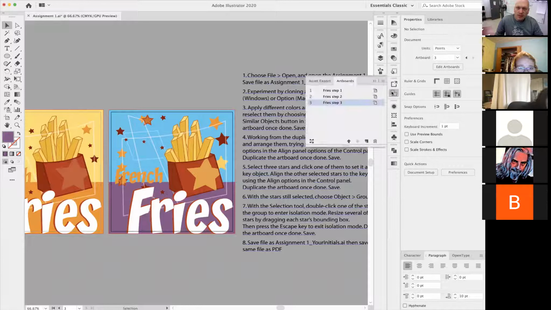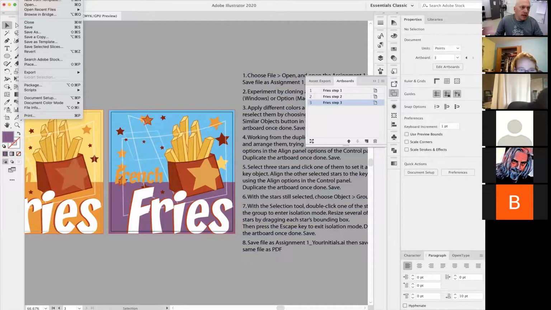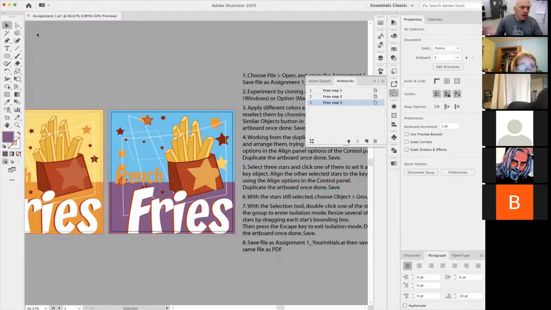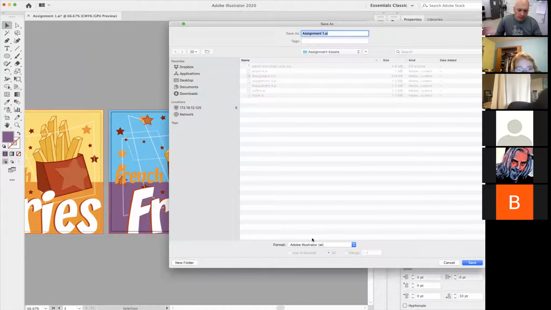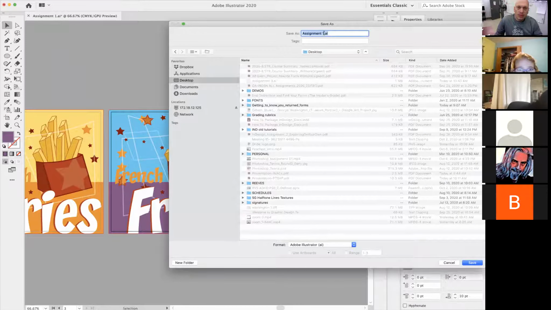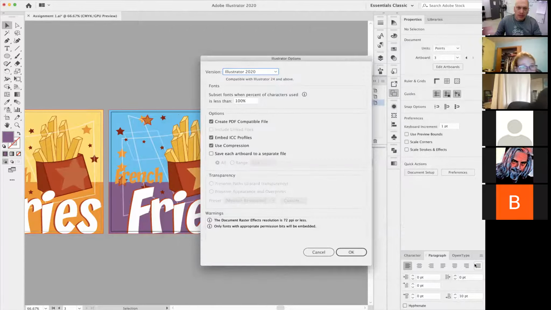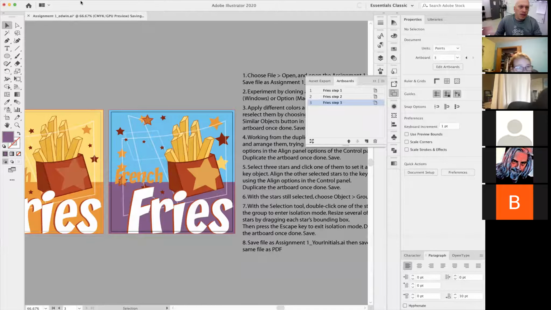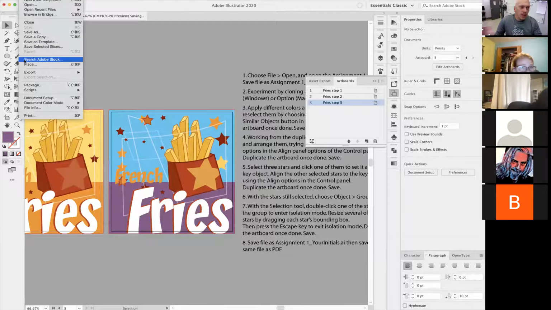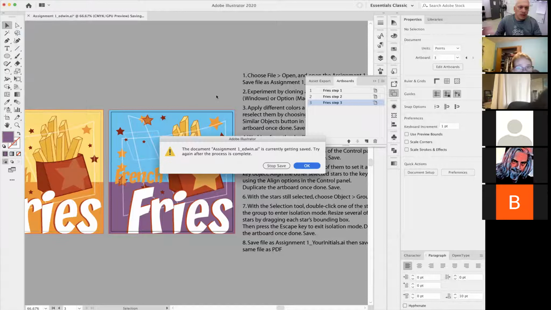Once you're done here, you always go to save as, and name your file properly. I'm just going to put it on my desktop, assignment 1, Edwin. This is the format, so it's AI, so you know this is a working file, right? And you can go save, click OK, and then save again as a PDF as well, which is a good